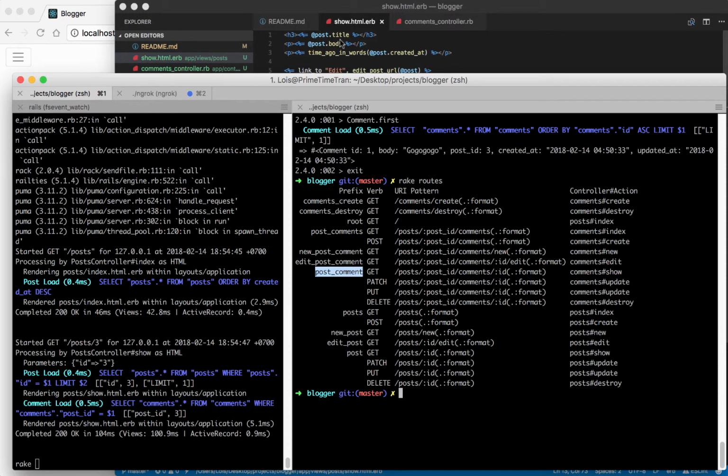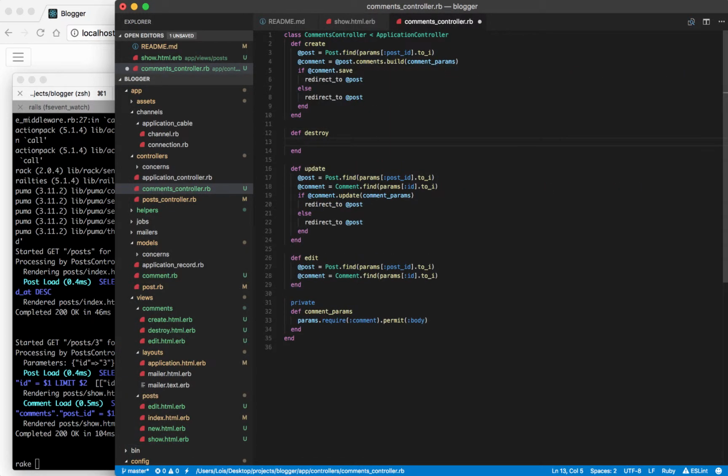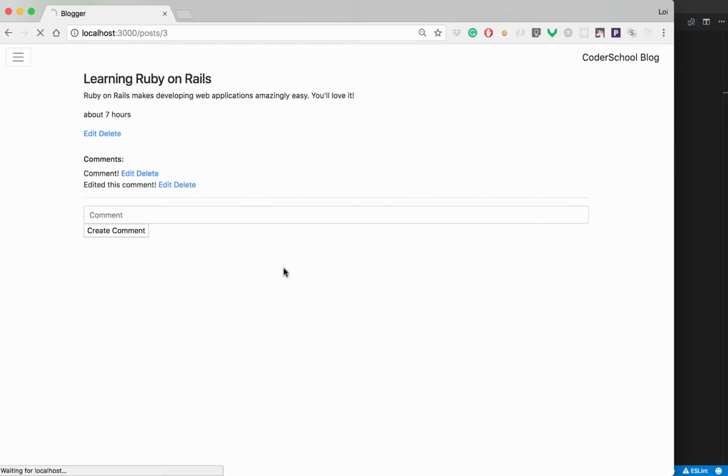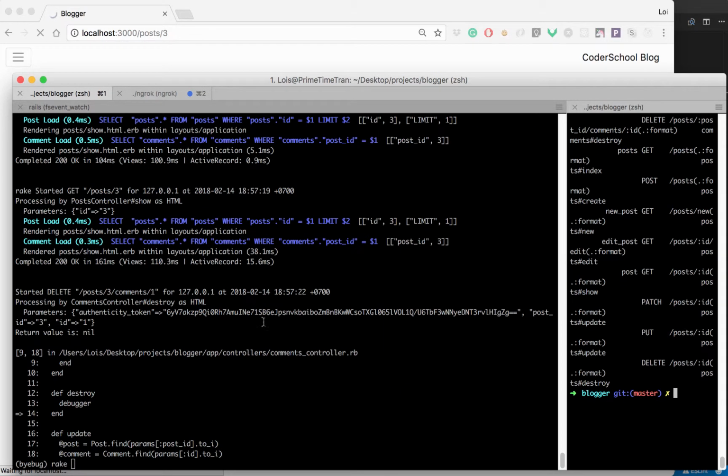And then we'll go to our comments controller and update our destroy action. So let's just make sure we understand what we get. And I'm going to show you something that's going to be very useful for your Rails development. You can enter a line called debugger to stop the process in action and then to test what's going on, what variables you have available, what methods you have available. So I'm going to refresh the page. I'll click delete. And if we look at our server logs, we can see that the Rails application stopped right